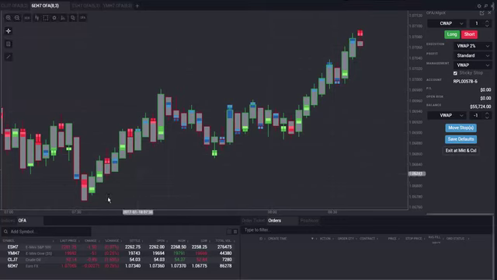In this case, we have a nice consolidation range that was created from about 7 to 8 in the morning. You can see we have a low down here and a high, and then that high was retested and tested again, and on the third time, we finally broke out and started a trend up. And so we want to look at how we capture parts of that trend, the tools that we can use,